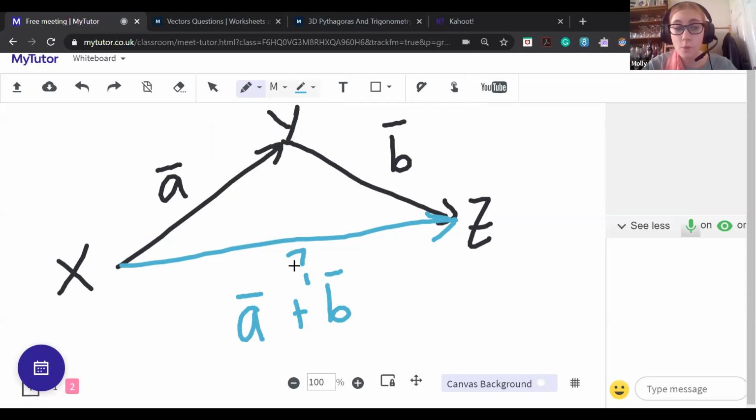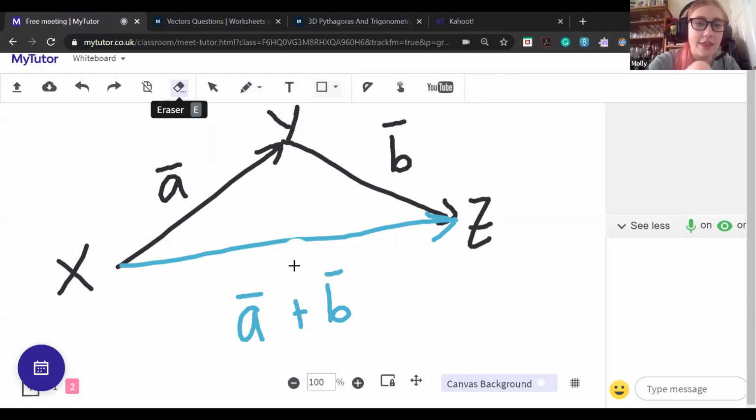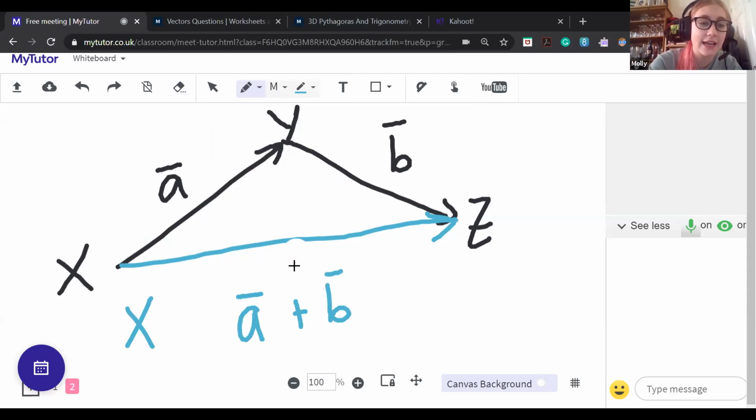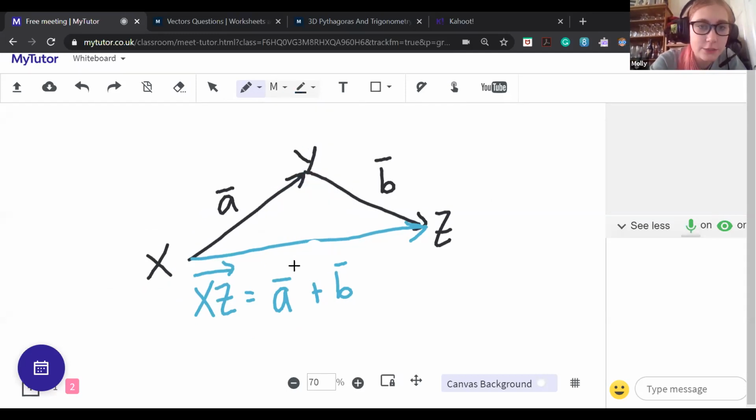If you want to work out a way to get from one vector to another, you simply find a different way of going from that one vector to another, and write down that that's what it is. So we can now get rid of this question mark. And the way that we write this out is we say that X to Z equals that. So you put a little arrow on top. So for example, to describe this one, you'd say X to Y is vector A, and Y to Z